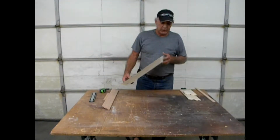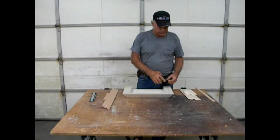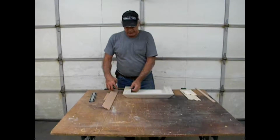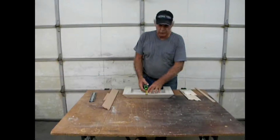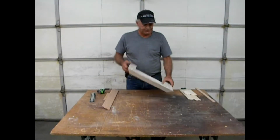Well, at this point we have our 3 cuts made. We have all our angles nice and cut. I ended up with 2 3/4 inches on these outside pieces, and the front top thickness was right at 2 inches. Now, for applying the crown molding,